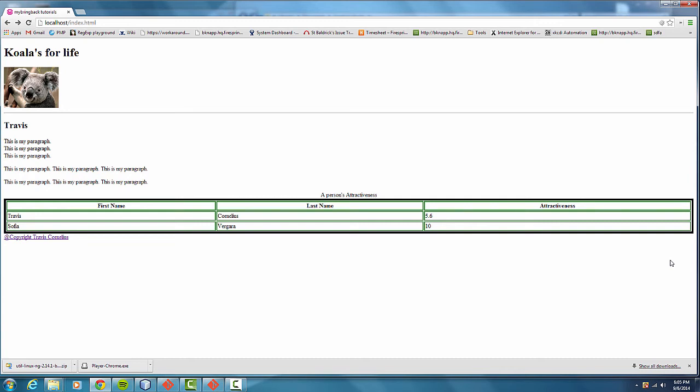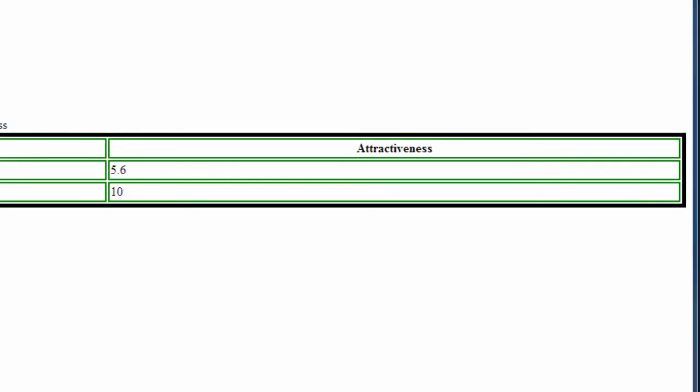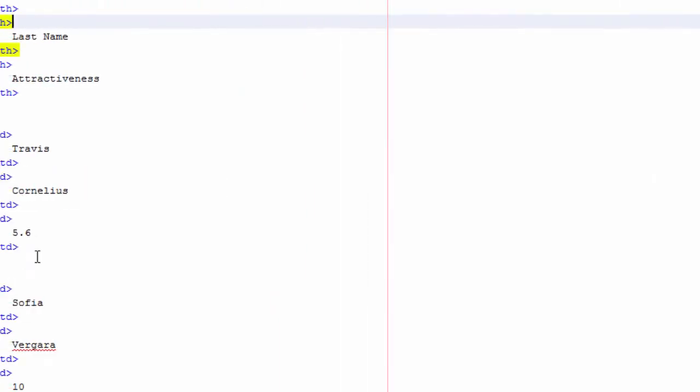What's going on, gangsters? In this tutorial we're going to learn how to create an ugly table just like this one. We're going to learn a little bit about stylizing table headers, table data, and creating a table itself. Whoa, what is this? Attractiveness 5.6. Even though you guys haven't done that yet, in the tutorial we did that wrong, so I'm going to change that real quick and then we'll get to it. So